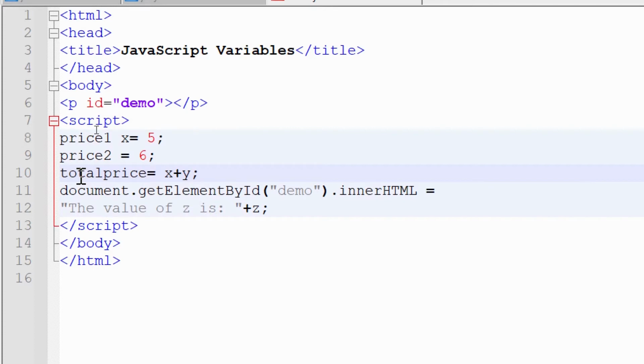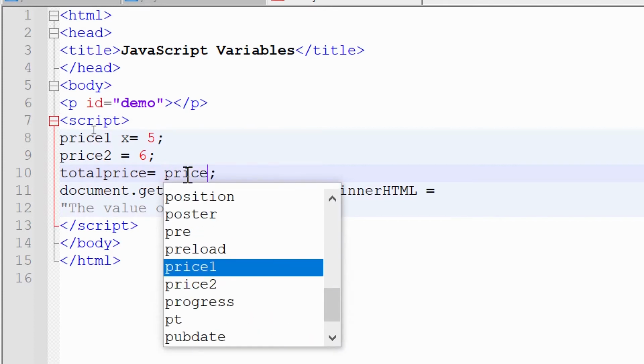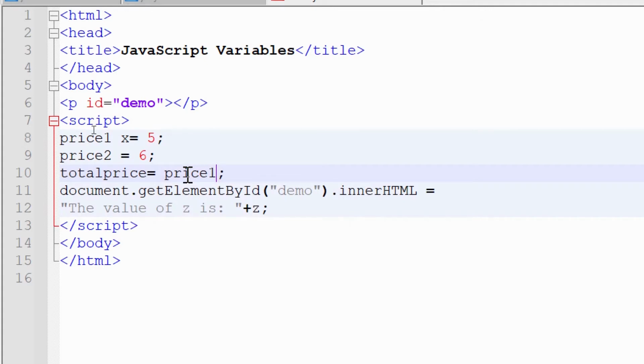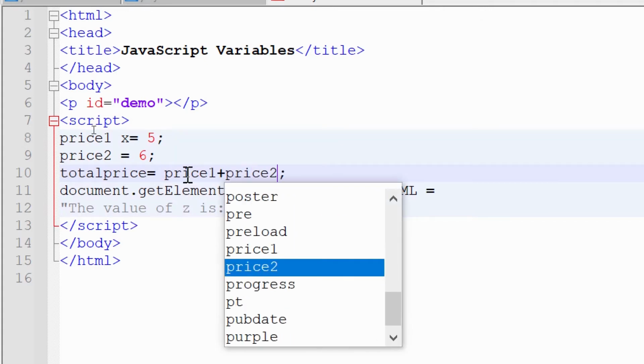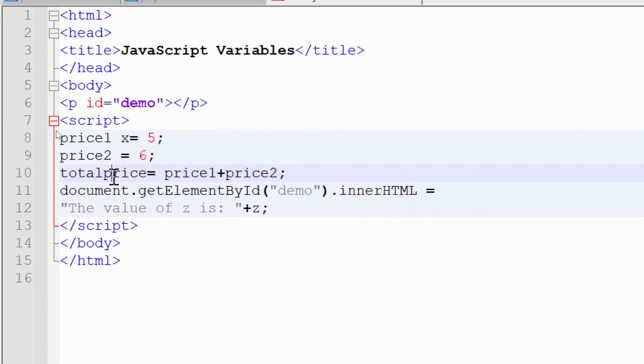Okay, and here I will change it to price1 and price1 plus price2. Okay, and now we will pass that variable value here in place of z. So what will be displayed here? We will just change the message, the total price is, okay, the total price is, and whatever will be the price.